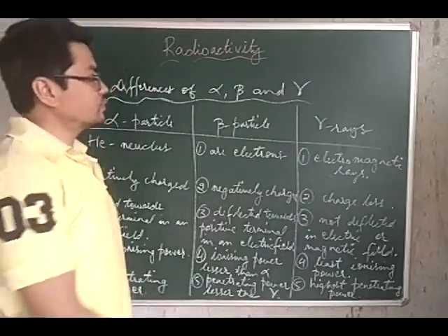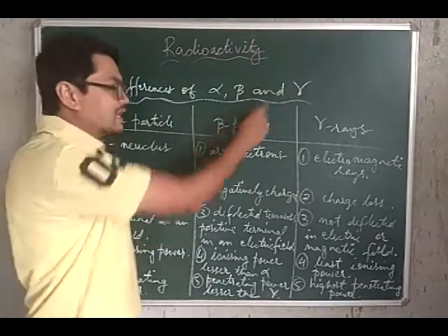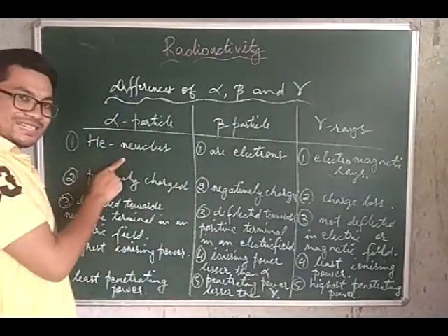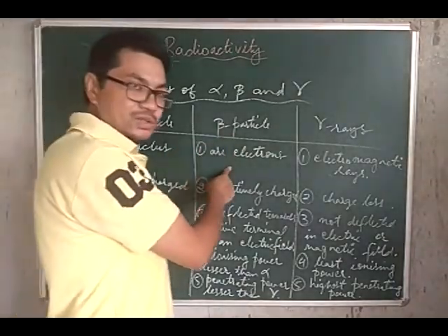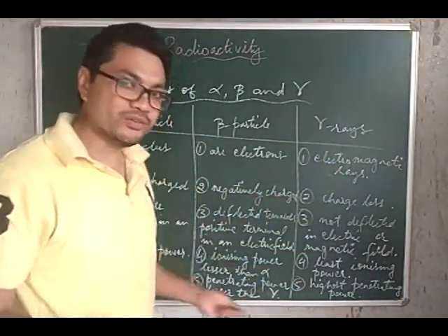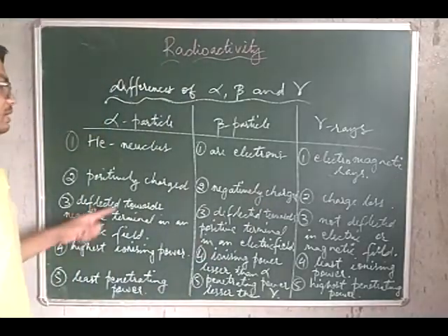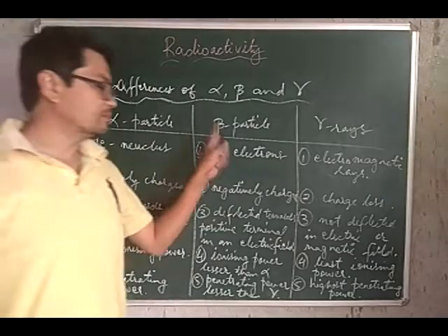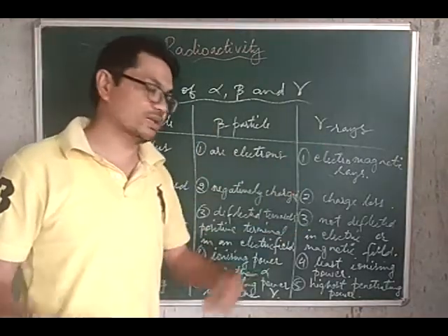So now these are the differences between alpha, beta particles and gamma radiations, remember. As we've already mentioned, alpha is a helium nucleus, beta is an electron, and gamma is an electromagnetic wave or electromagnetic ray. Since the helium nucleus, alpha, is positively charged, beta is negatively charged, and gamma radiation is chargeless,